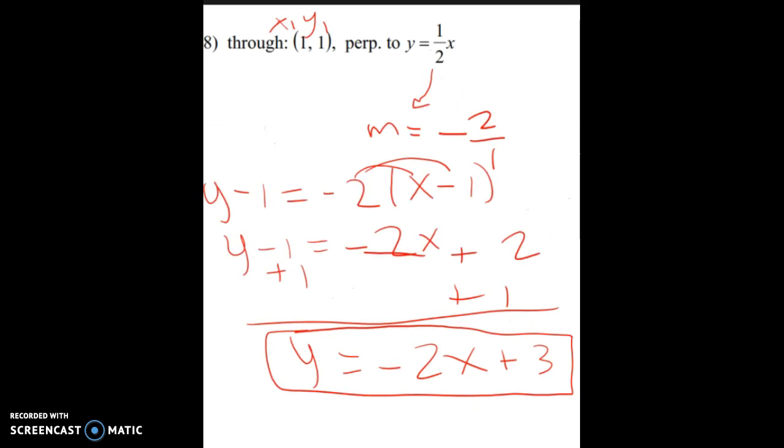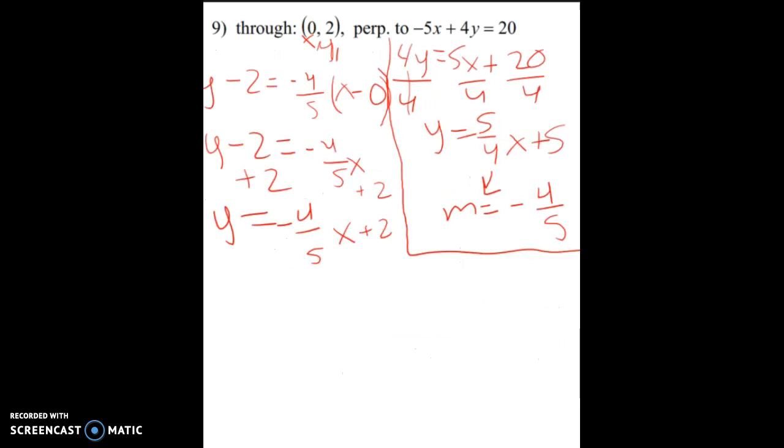So number 8 wants us to find a line that goes through the point 1, 1 and is perpendicular to y equals 1/2 x. This means that it has to have a slope of negative 2 over 1, the opposite reciprocal slope. So you can see, if you just pause the recording to watch here, you can see how we did it. Finally, here's the work